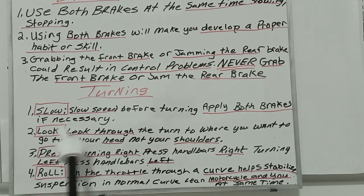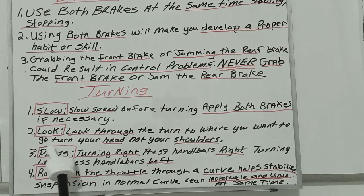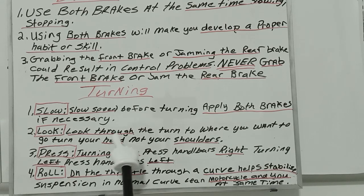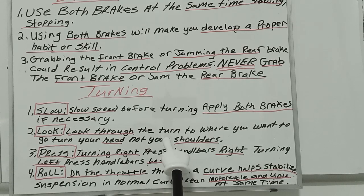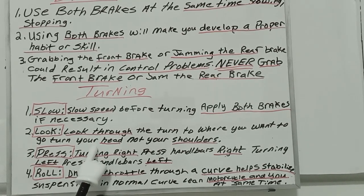Look. This means look through the turn to where you want to go. Look, that means look straight ahead to where you want to go. In a turn, look through the turn. That means if you're turning,